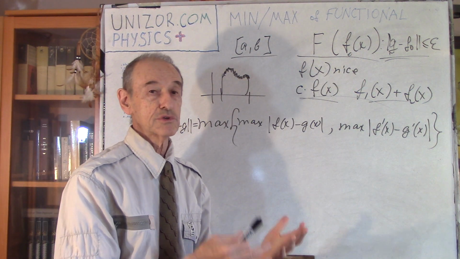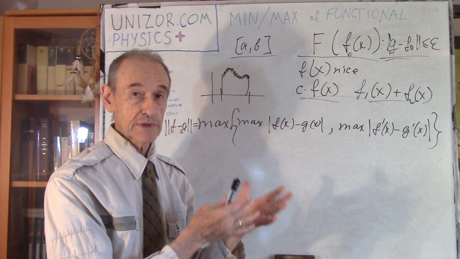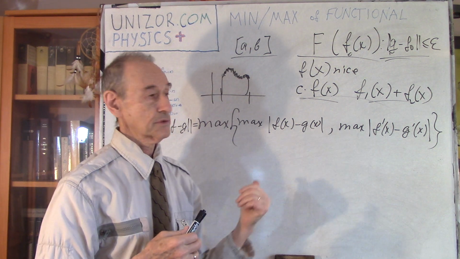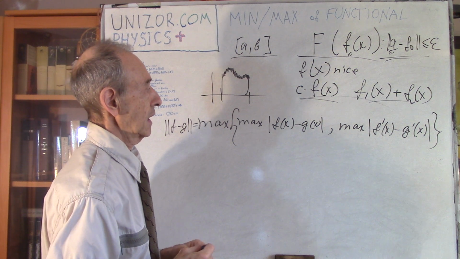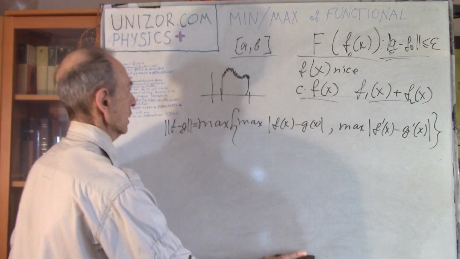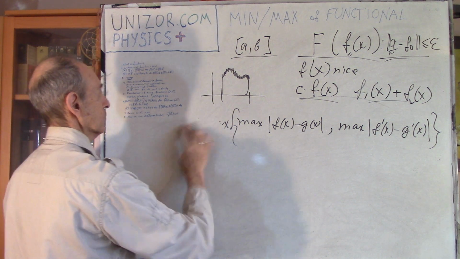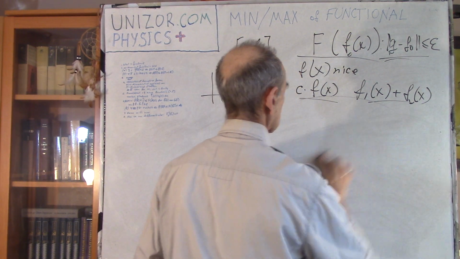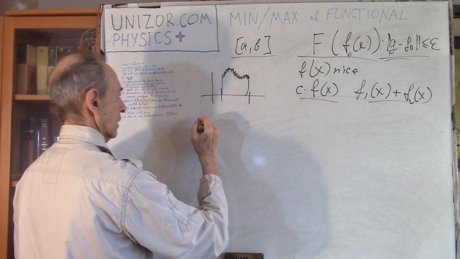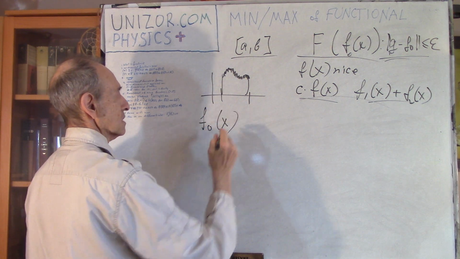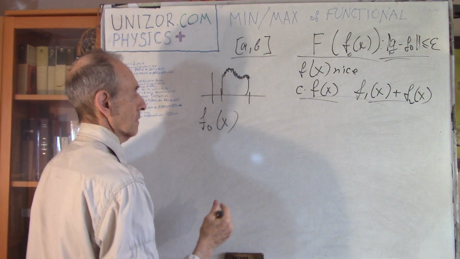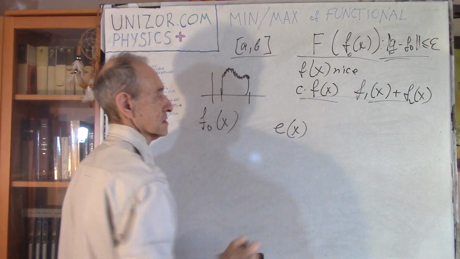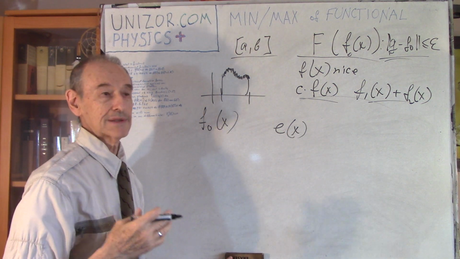I would like actually to introduce another one, which is very close to directional derivative in functions of n arguments, which I was just explaining, and it seems simpler. Okay, so what do they mean? Again, a very, very simple thing. Let's define, okay, now our f0 of x is assuming a minimum. What does it mean? Well, let's take some function, call it e of x, some function which defines a direction